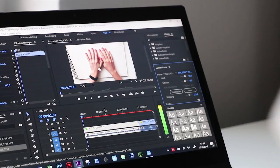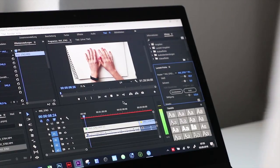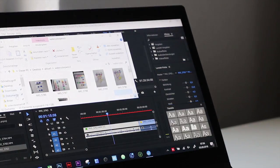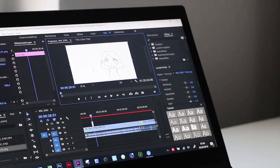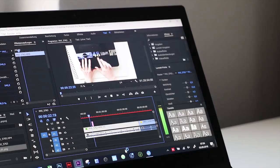And so, and then here you can see how it looks in the preview. And yeah, you have also multiple layers here. So here's the first video layer and I can put more on top. And here's the first audio layer. So just can show you. If I like to add a picture on top, I just drag and drop it there. And then I can minimize it and say right there. And when we now watch the video,